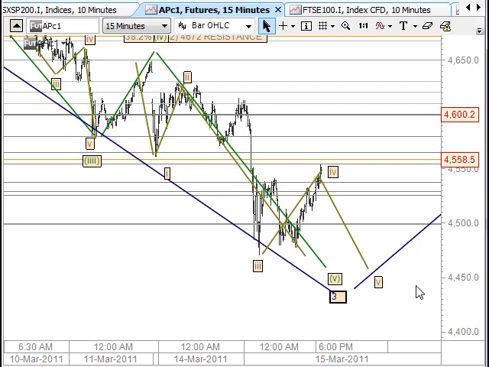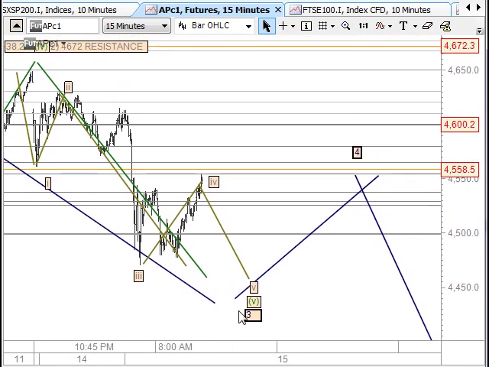So today we could look at this wave 5 coming down through here to complete this wave 5 of this wave 3, and then we would start with this wave 4 across the 4-5. Now this wave 4 should be in 3 waves, but look, it could be a triangle.